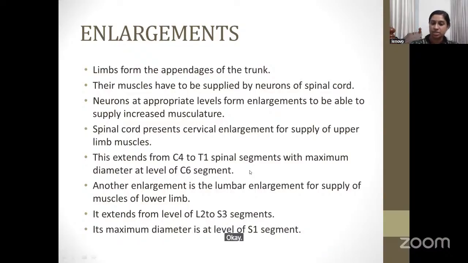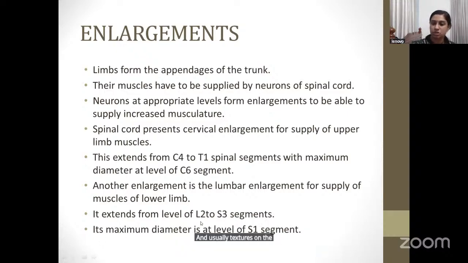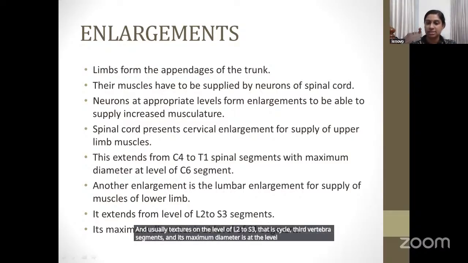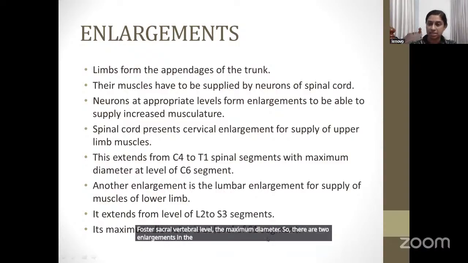Another enlargement is there, that is in the lumbosacral region, in order to accommodate the lumbosacral plexus to supply the lower limbs. Usually it extends from the level of L2 to S3, that is sacral third vertebra segments, and its maximum diameter is at the level of S1, that is first sacral vertebral level. So there are two enlargements, in the cervical region as well as in the lumbosacral region, in order to accommodate